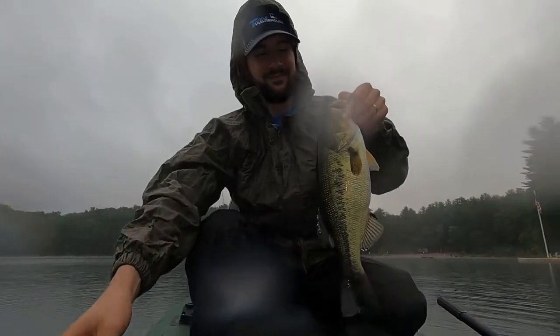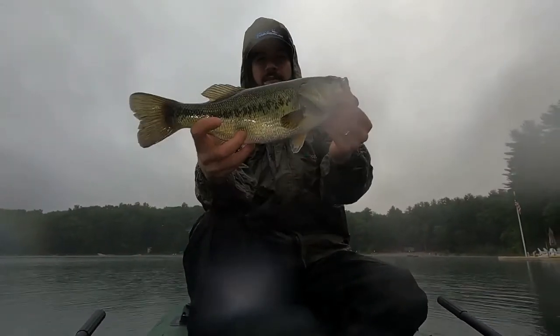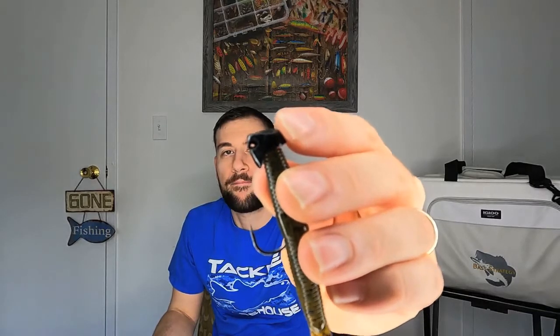So definitely a great little Ned rig worm, and this little rage tail kicking along at the bottom, I think, really mimicked crayfish in trouble, looking up and giving that little aggressive action. I paired that with the Picasso Rhino head, and something that really stood out for me this month with this Rhino head, I mentioned it last month as well,